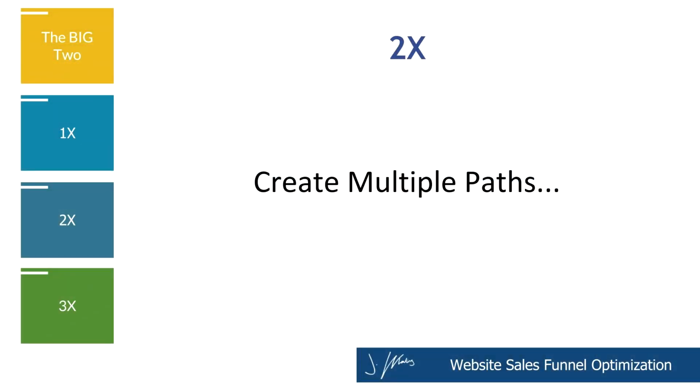Now, step number 3 here, to 2x, is actually creating multiple offers. And so what I want you to think of your homepage and your site is the very top of the funnel where you're trying to filter people down into what they're looking for. So think of it as a pool, right? You walk up to the pool and there are a bunch of lanes. You can choose which lane you want to jump into, right? Well, you want to view your homepage the same way for your website visitors. Do they want to go in lane 1, lane 2, or lane 3?